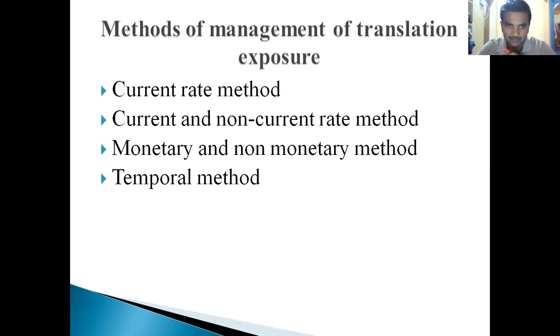While converting, there are some procedures as per the international accounting standard. A few items we need to convert at the current rate. A few of the balance sheet or income items should be converted at the historical rate as well as the current rate. Otherwise, we may go for the average rate also. This is the most important thing: we need to convert Indian rupees into the parent company's or desired country's currency, whether at the historical rate or the current rate.